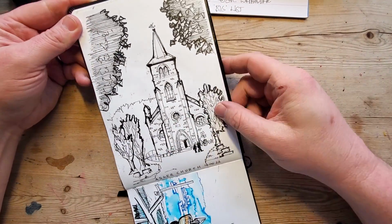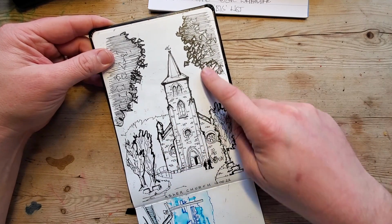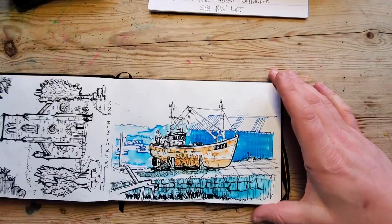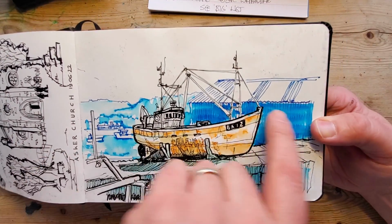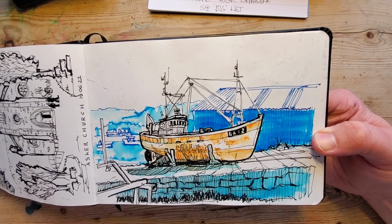This was sketched actually in Norway at Asker. This was a bit of genuine urban sketching. It's quite nice. I'm not sure about that cross-hatching there, but I love the foliage. That's worked really well. And this is a bit of an experiment with some coloured ink. I think this bright blue is Lami's turquoise ink from...